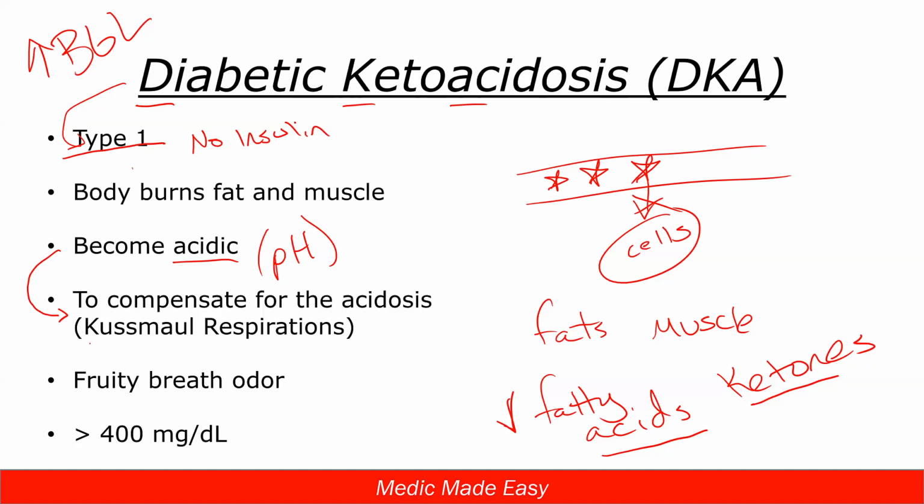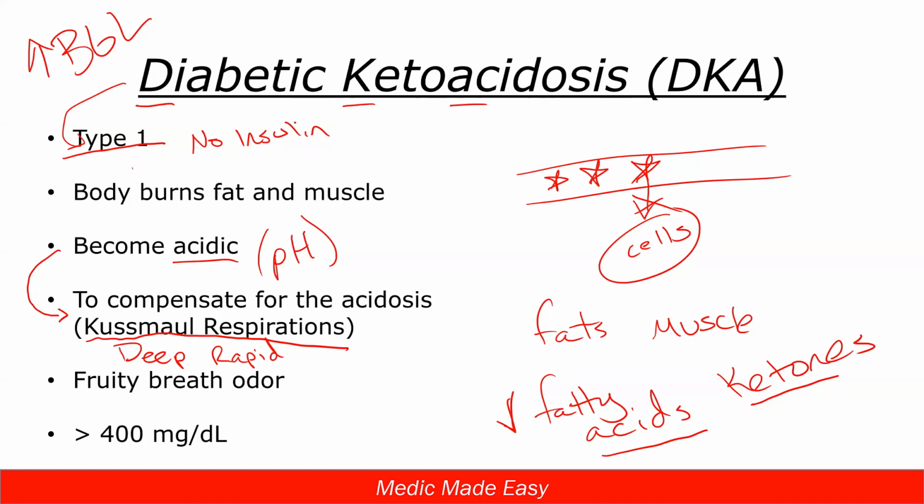So in DKA, where we're becoming more and more acidic because of these fatty acids, our body starts compensating by these Kussmaul respirations. Those are those deep, rapid respirations. And the reason why that works is because one of the substances that eventually can become an acid inside the body is carbon dioxide. If we're keeping more and more carbon dioxide in our body, we're actually going to become more and more acidic. So since we're already acidic, to try to get rid of that acid, our body is like, well, I can get rid of some carbon dioxide, and that will help deal with the acidosis.